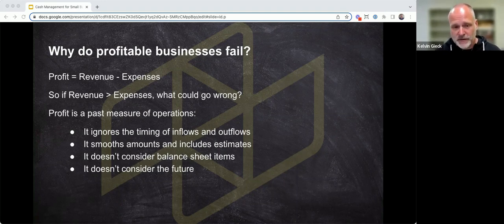When accrual accounting is used, it also requires accountants and bookkeepers to make estimates and smooth amounts on the profit and loss statement to reflect ongoing business operations. And I know that not everybody does this, but it is common. So what I mean by this is that you end up with things like depreciation. That's a very common estimate. It's for wear and tear on your equipment. Sometimes you do it each month, maybe you do it every year. But if you look at your profit and loss and it has depreciation on it, it's actually going to imply that there's a cash outflow, even though there's not. So that can be confusing for people that aren't familiar with accounting nomenclature.